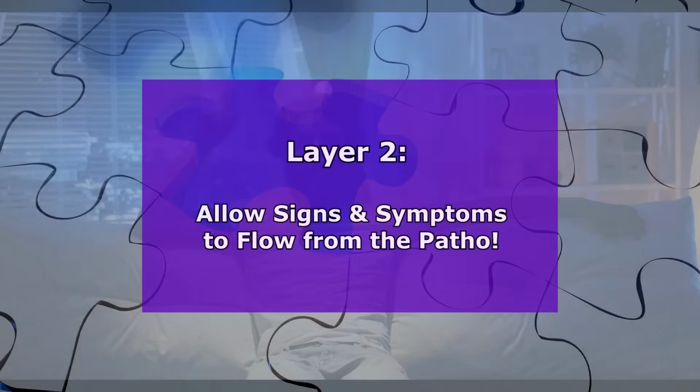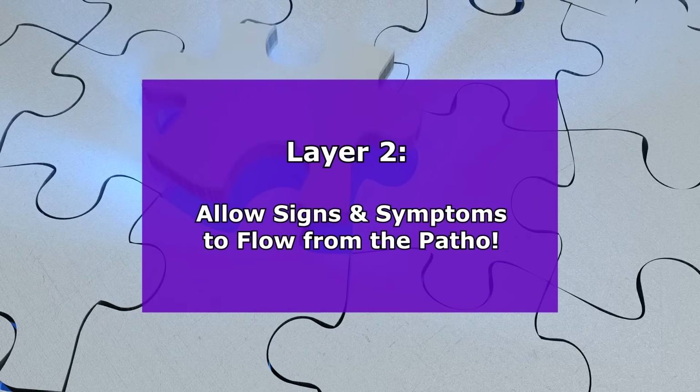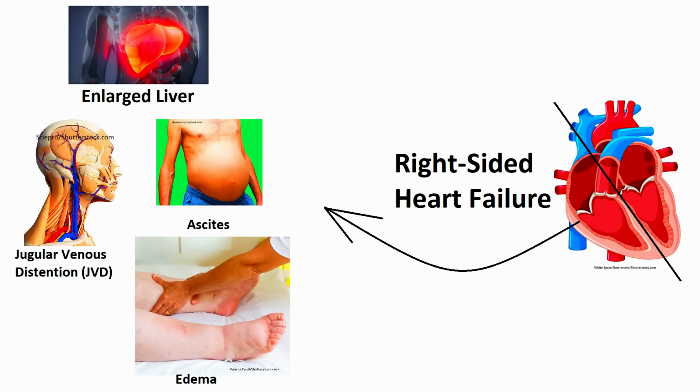Because once we have figured out our patho, those signs and symptoms fall into place. And it's literally like you don't even have to memorize them, because with heart failure, you know we have a fluid volume overload. That's going to affect potentially, if we're dealing with right-sided or left-sided. If we're dealing with right, we're going to see a lot of peripheral problems because we're going to have systemic